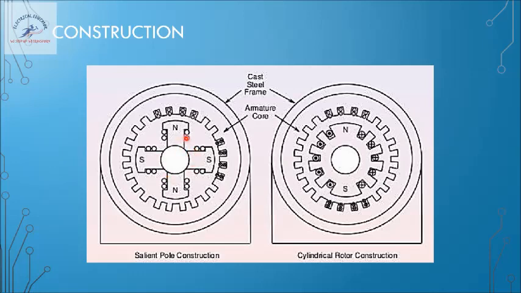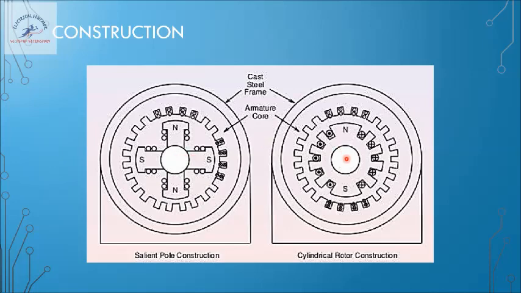So the number of poles can vary depending on the design. Usually it is 2, 4, 6, 8, and larger motors may have a larger number of poles. There is a winding here for the field, and this gives us the polarity of the magnetic field, depending on the direction of winding and direction of flow of current. DC supply is given to the field. So please keep this point in mind. For a synchronous motor, AC supply is given to the armature and DC supply is given to the field.